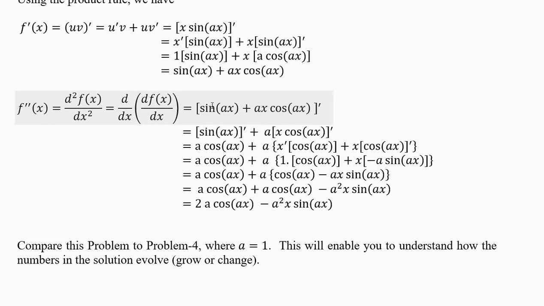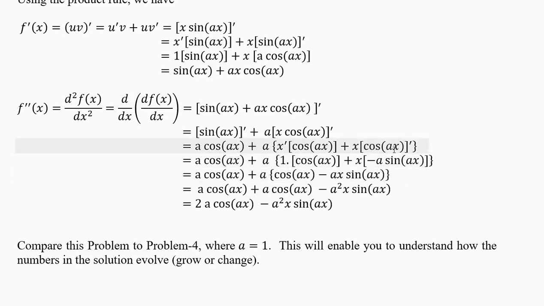Here you are multiplying two things, so you will do it in a slightly different manner using these flower brackets. I will show it to you. Derivative of sine ax is a cos ax. Write a cos ax in several steps which you will be needing. Now ax cos ax, a will be on the left coming out. You will be having in the bracket x cos ax, and you have to find the derivative of the full thing inside the bracket. Derivative of the first function into second function plus first function into derivative of the second function. Derivative of x is 1 into cos ax, which is cos ax in the flower bracket, and this a is outside. Write the flower bracket in 3-4 steps.